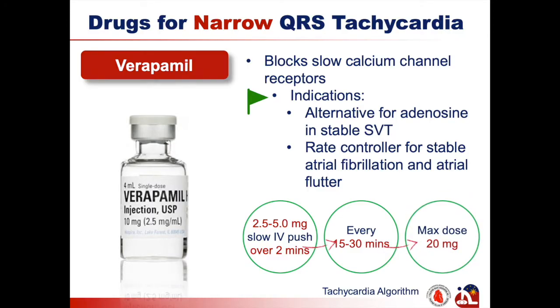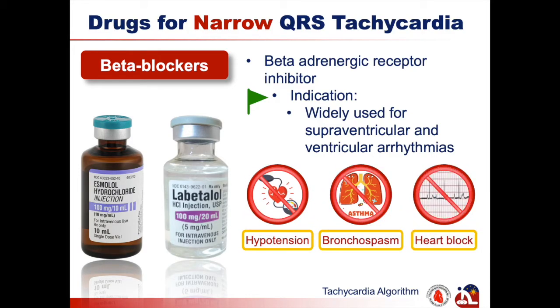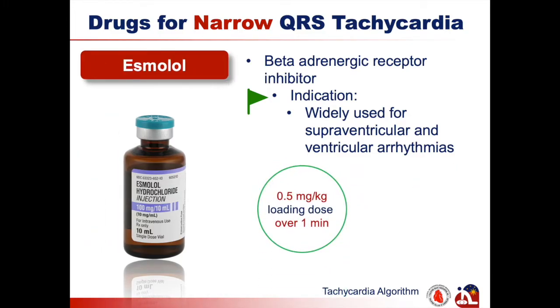Beta blockers belong to another class of medications that act as competitive inhibitors of beta adrenergic receptors. They are widely used for supraventricular and ventricular arrhythmias. However, they are contraindicated in patients who have low blood pressure, history of active bronchospasm like asthma and COPD, and heart blocks. One example of a beta blocker is esmolol, which you give at a loading dose of 0.5 mg